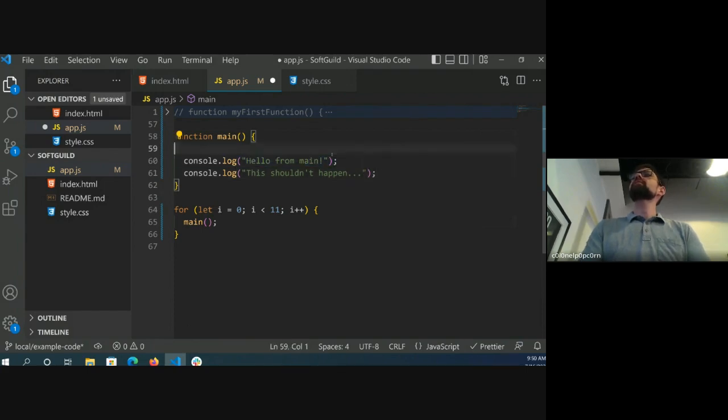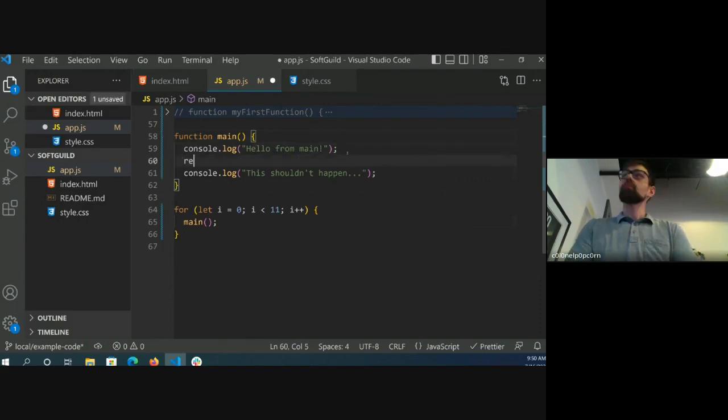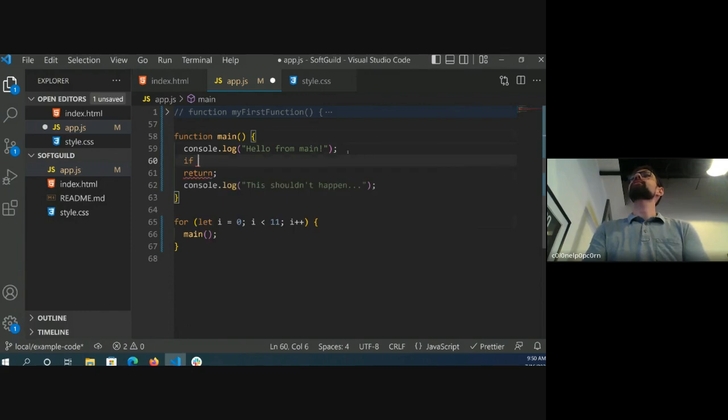So we don't want that console log statement to happen. So what we can do, we can return if something is true. A good example of this is debug mode, right? So say you want to figure out what's wrong with your program. So you can say if debug mode,